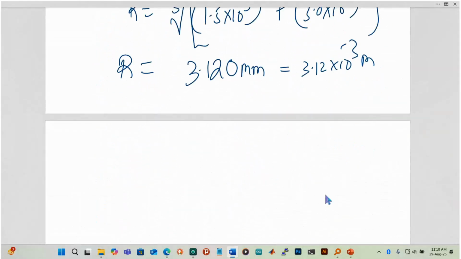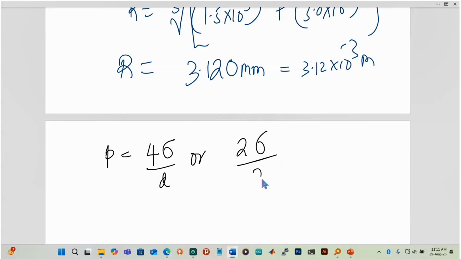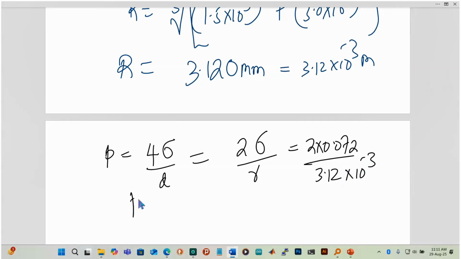The pressure is going to be 4 sigma over D, or 2 sigma over R. So this is 2 times 0.072 divided by 3.12 times 10 to the power negative 3. So P new becomes 46.15